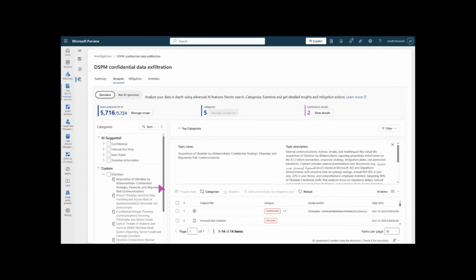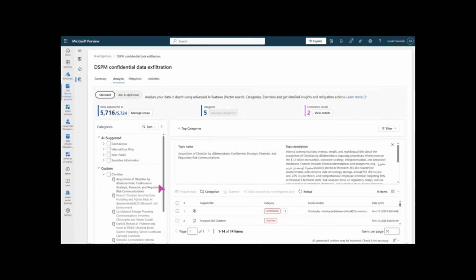What I want to call your attention to, which is very important, is that because of the way DSI is built, it's an AI native solution, we can reason over any language. And if you pay very close attention here, there's a Word document in Arabic. Can we reason over Hebrew? Yes. Can we do French? Can we do Korean, Japanese, Mandarin? Yes, it doesn't matter. It's just pure AI magic. So here we've reasoned over non-English content; this document, even though it didn't have a word of English, was talking about the secret acquisition.